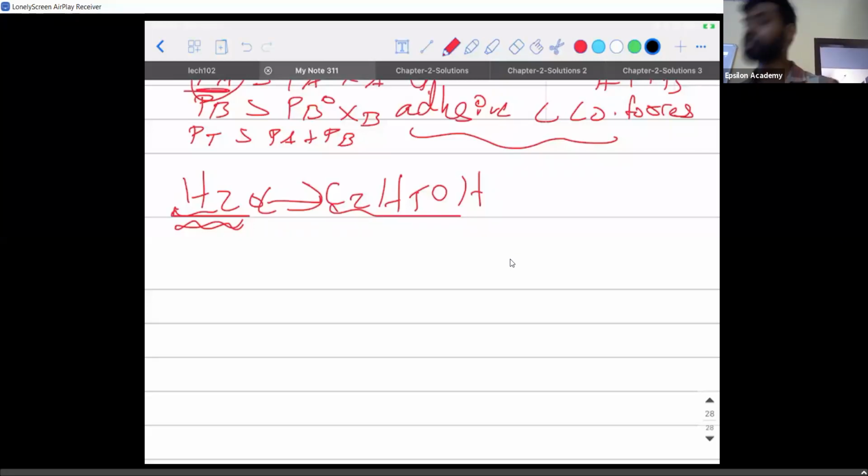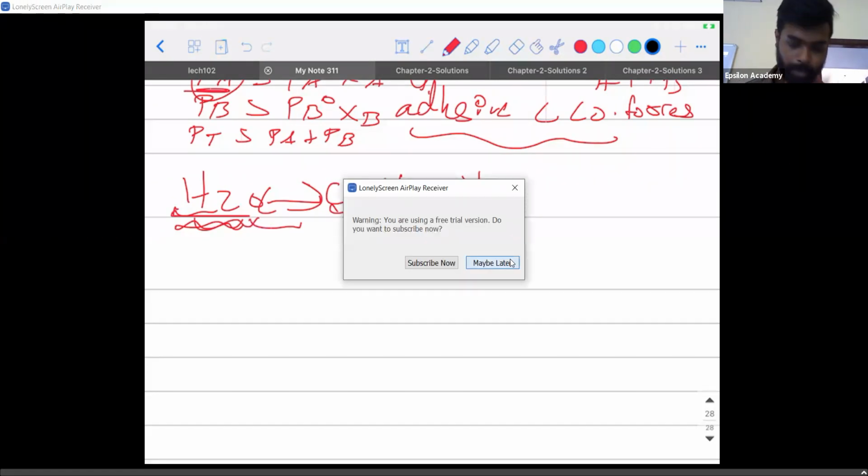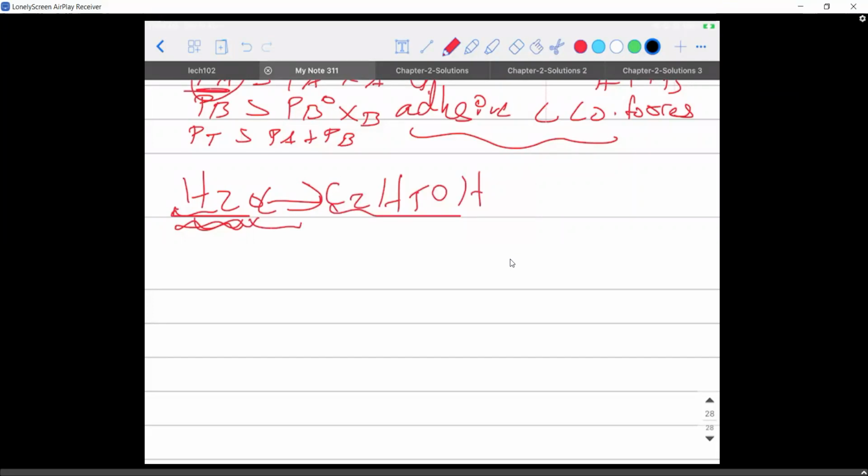Initially, the cohesive force in H2O is strong, so the vapor pressure would be less. Now when I mix the liquids together, the interactions become weaker. So now they'll easily go to the vapor phase, more vapor pressure. So the answer to your question, Rohan, is that it all depends on what type of liquids you're using. I think this will make sense to you. Yes, I understood. Good.